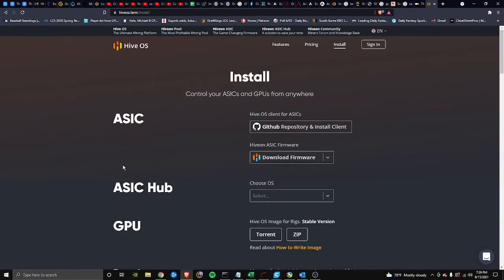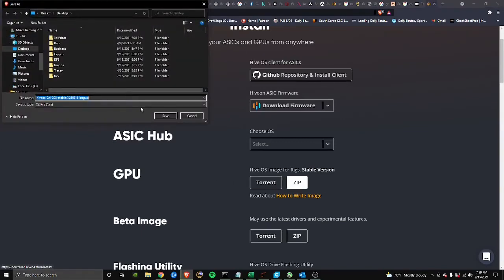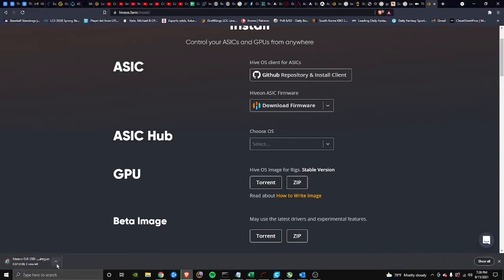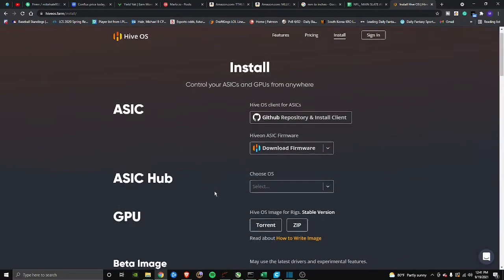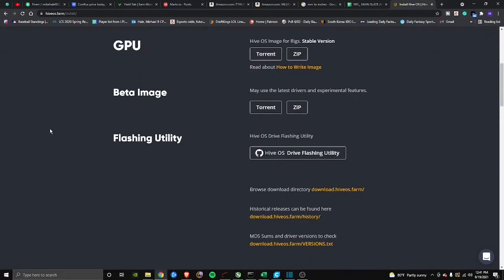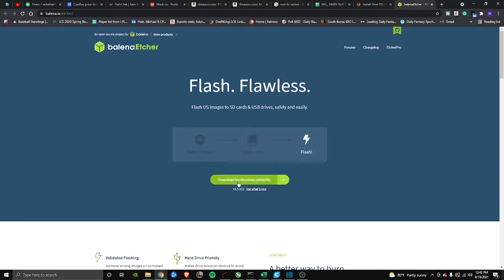Once you get here, as long as you're working with GPUs, you're going to come right down here to the GPU section, and I recommend doing it from a zip file. You're going to download the Hive OS zip file. Alright, now that you have downloaded the Hive OS file, I want you to come down here to Flashing Utility under Write and go ahead and download Etcher. Go ahead and click here, download Etcher, and install it,